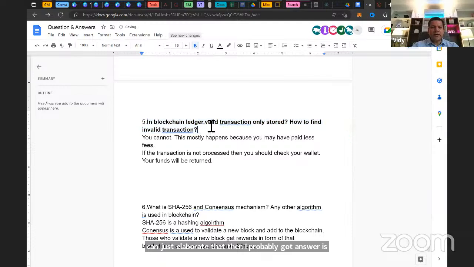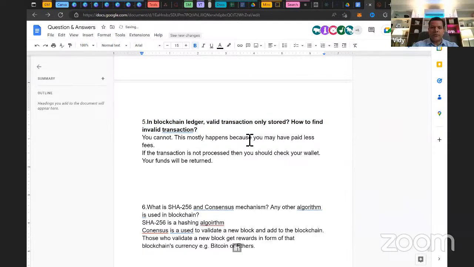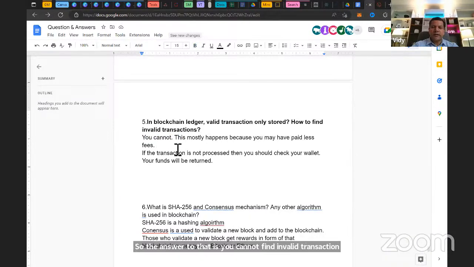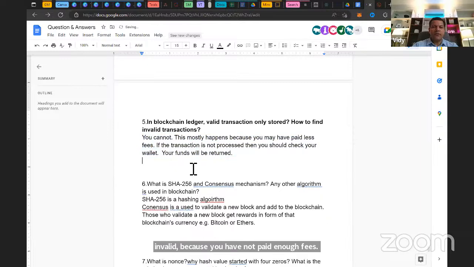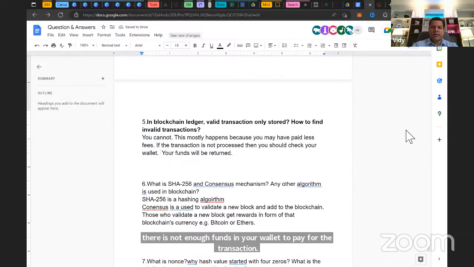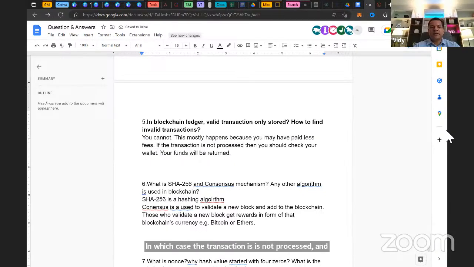In blockchain ledger, valid transactions only stored. How to find invalid transactions? So the answer to that is you cannot find invalid transactions. What most likely happens is transactions become invalid because you have not paid enough fees or there is not enough funds in your wallet to pay for the transaction, in which case the transaction is not processed. The only way to figure that out is when you see your wallet and the funds will be returned to you. So that is a way to figure out that the